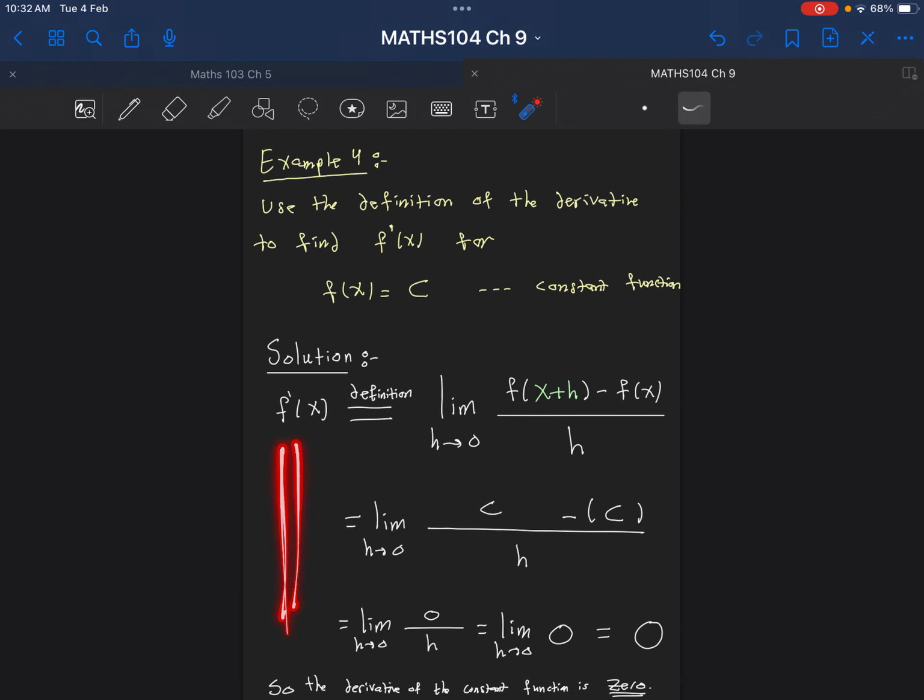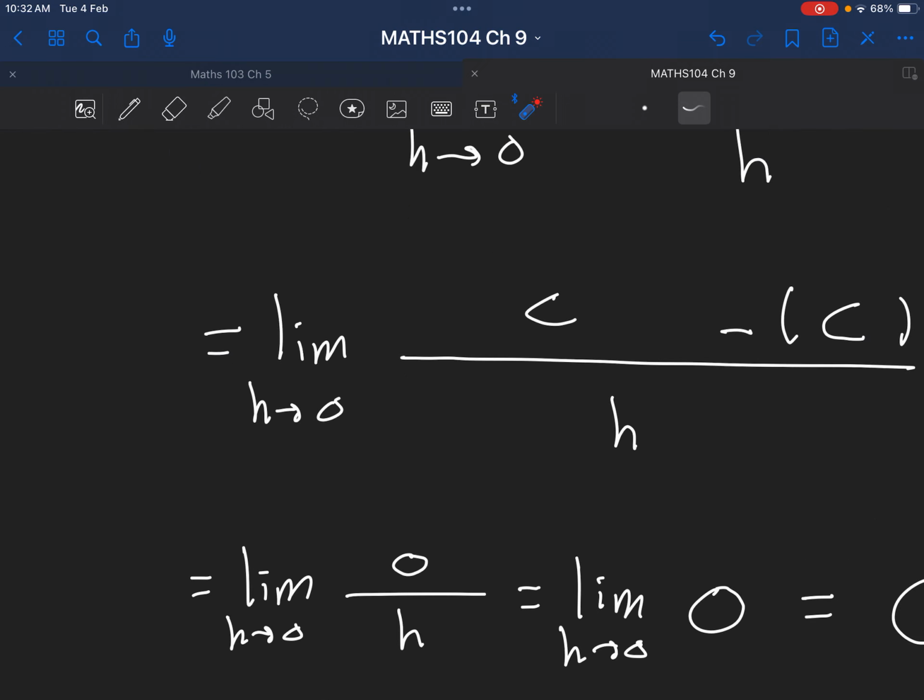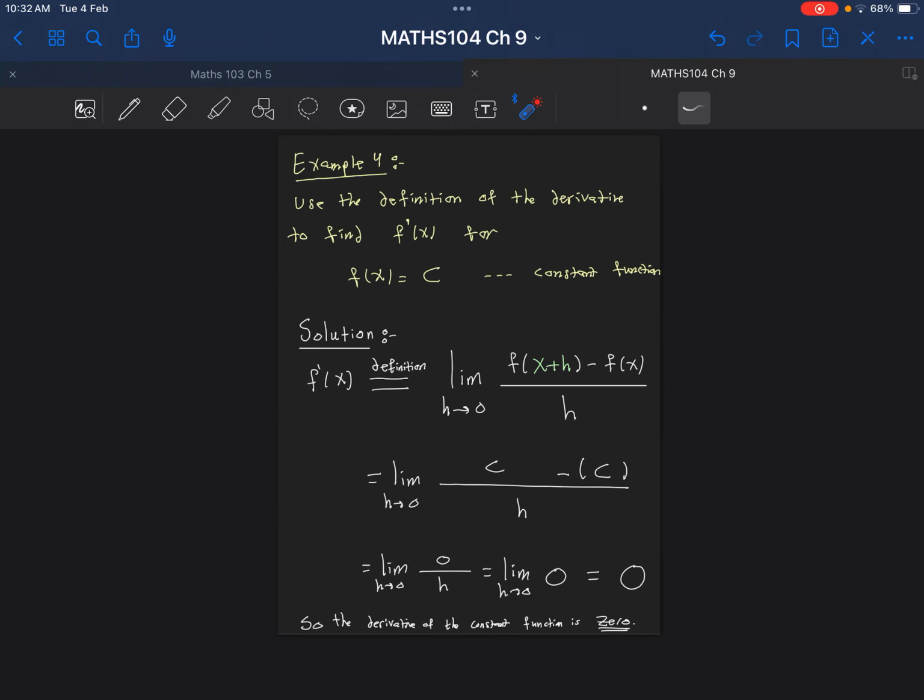And here is the proof, and here is why it is always 0. Remember, this is not 0 over 0 because we are not saying h is exactly 0, but we are saying h is very close to 0. So it is not yet 0. It might be 0.000001. So 0 divided by that number will still be